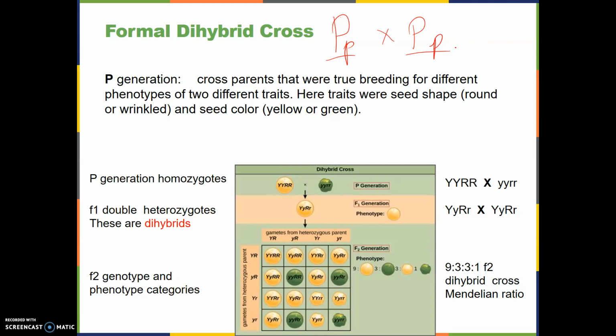Now, in the cross below, we are doing a dihybrid cross because we're looking at two traits at the same time. Now, if you look in the table, the P generation is here and here, and you can see that the yellow seed has the genotype big Y, big Y, big R,